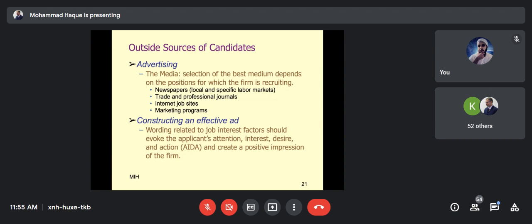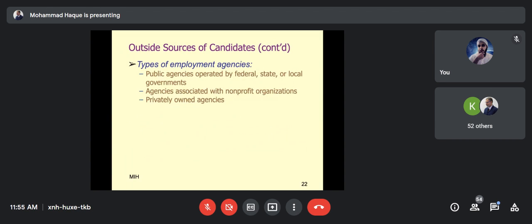Then constructing an effective ad is always an art. Therefore, wording related to job interest factors should evoke the applicant's attention, interest, desire, and action, and create a positive impression of the firm. In this case, dubious words or double meaning words should not be used. Any word that irritates certain gender or certain race or certain caste should not be utilized,